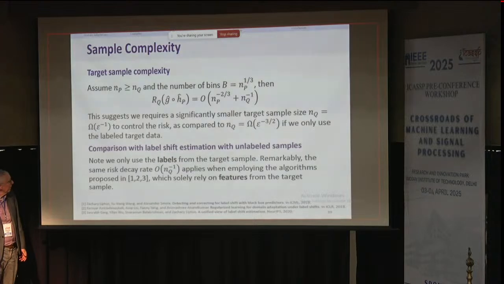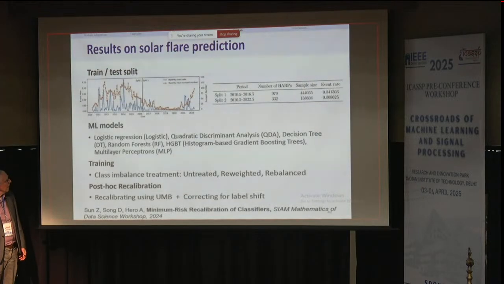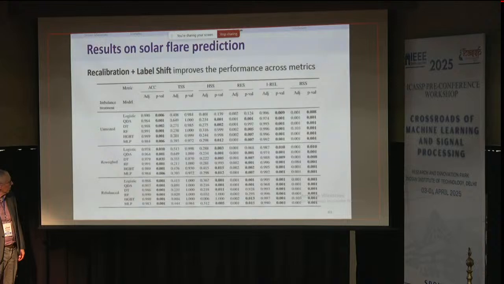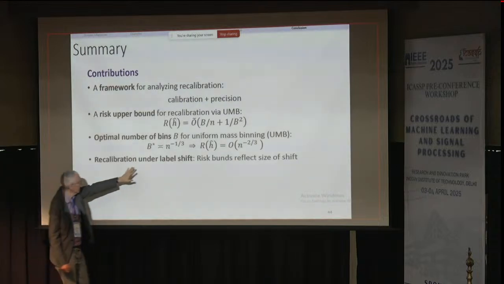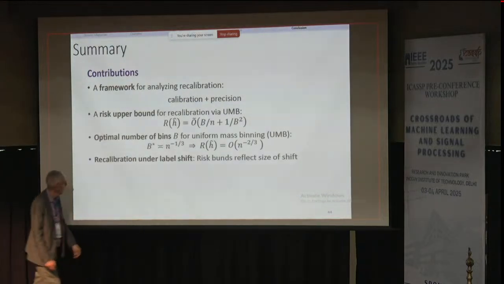We have some other results that you can find in the NeurIPS paper, and my conclusions are simply that we have a framework for analyzing recalibration with this decomposition into calibration and precision. We can call that sharpness. I call that precision here, but it's sharpness. We have this risk upper bound. We have this optimal number of bins that occurs from an analysis of that upper bound, and we have a